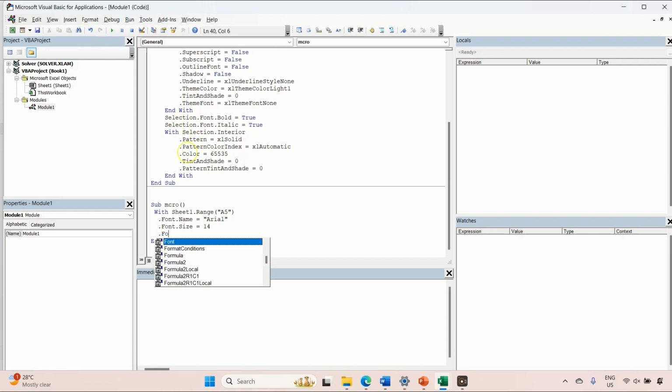So Font.Bold equals True, and then Font.Italic. Okay, just referencing what I've written up here. Okay, so .Italic equals True. Then I did something with the interior color, right? So I'm going to say Sheet1.Range A5. Okay, the selection is just a cell, right? The cell address. I'm going to say dot Interior